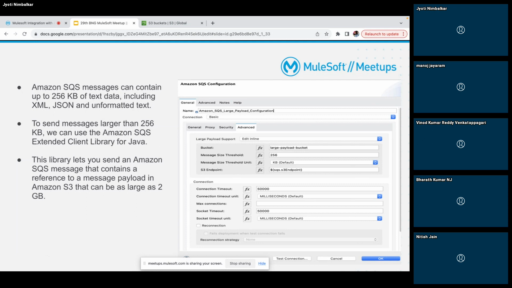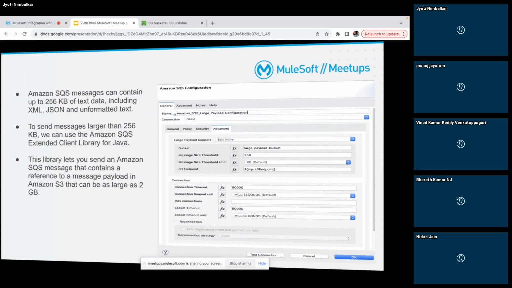We use the reference ID and place it in a queue, but the actual file resides in the S3 bucket. So we are utilizing the queue service along with the S3 bucket, and we are not making any additional S3 bucket configurations. We'll see that in the demo.